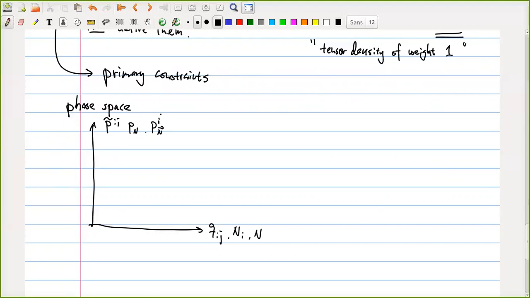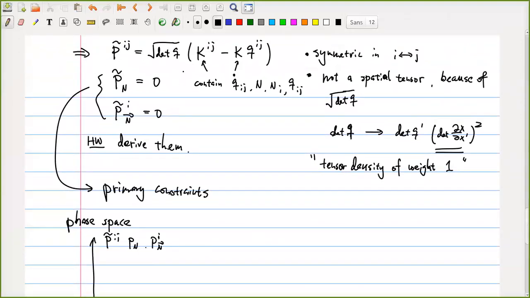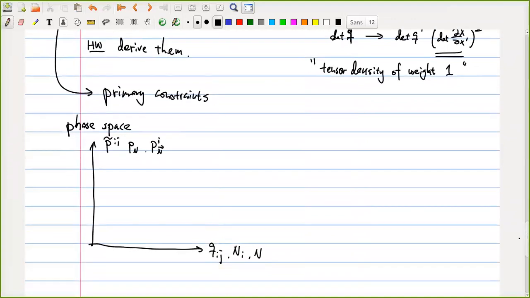Now, the constraints say that here you get those coordinates of phase space, which are conjugate variables, position and momentum. But immediately from getting momentum, you find two primary constraints, which means you already have to work on a constraint surface, where p_n equals p_n vector equals